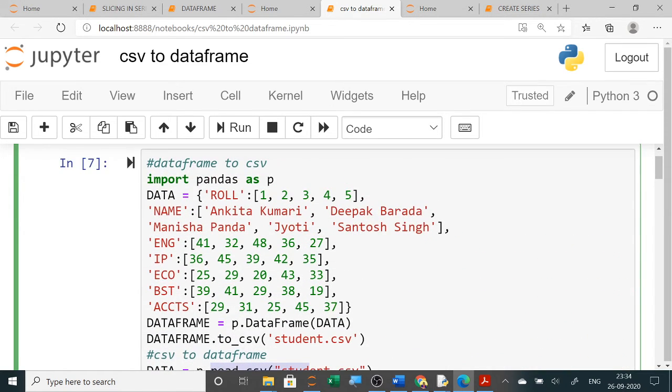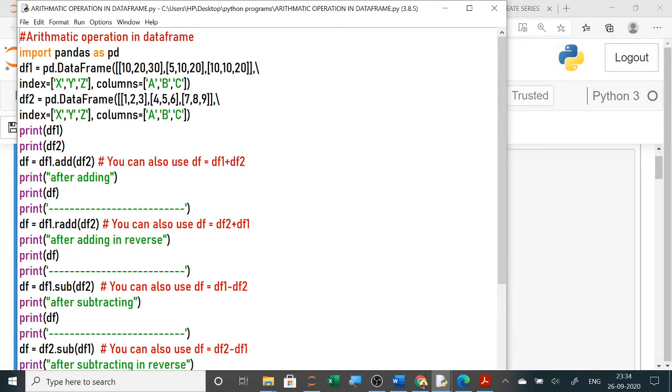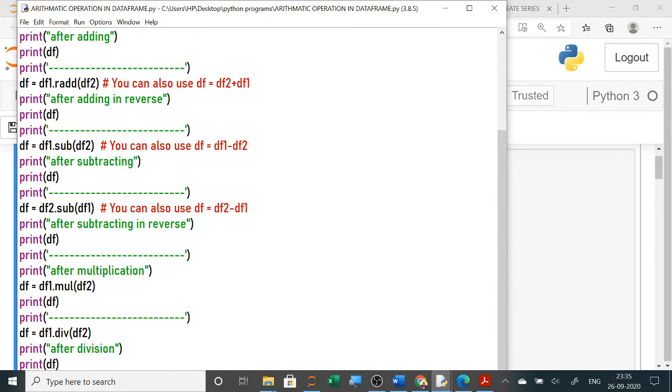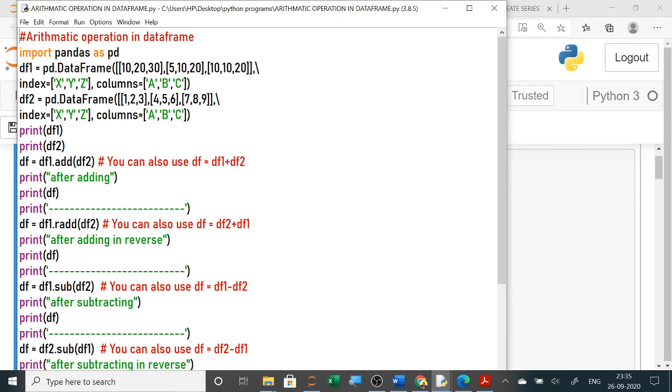I will share these videos too. The remaining are the arithmetic operations like add, then radd, which does the same thing in reverse. Then subtract, multiplication and division. These are your arithmetical or mathematical operations.